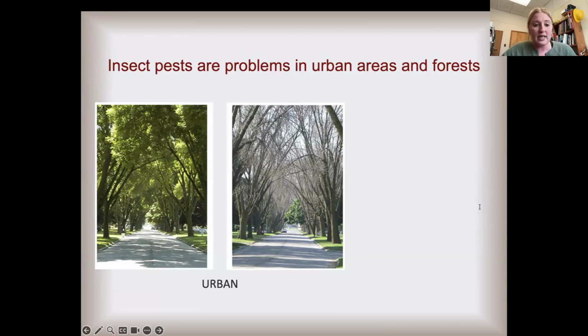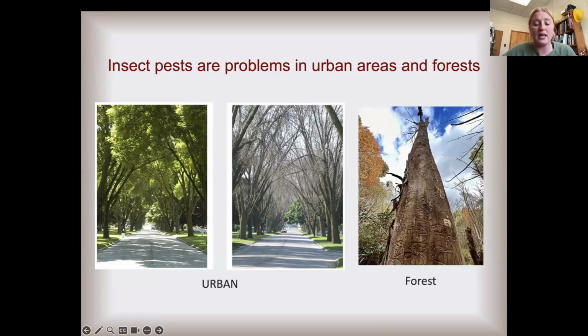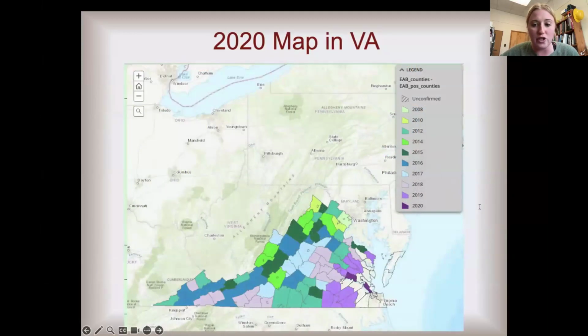And again, like I said, this pest is a problem both in urban and forest settings. This picture I took at the Blue Ridge Discovery Center. They have an ash tree graveyard behind the Discovery Center. I thought this was neat because this tree is still standing, and if you stand at the bottom and look up, you can see those S-shaped galleries the whole way up to the top. And if we look at a map in Virginia here,